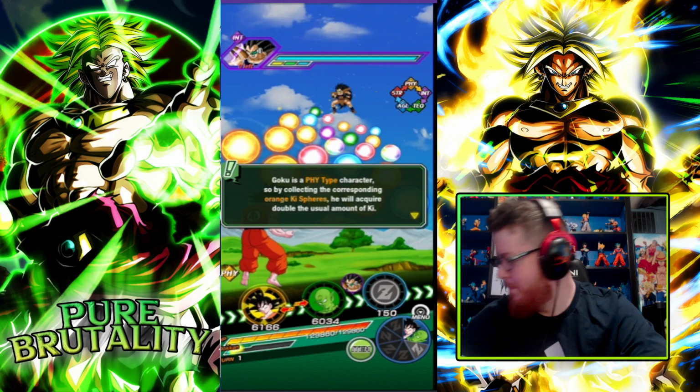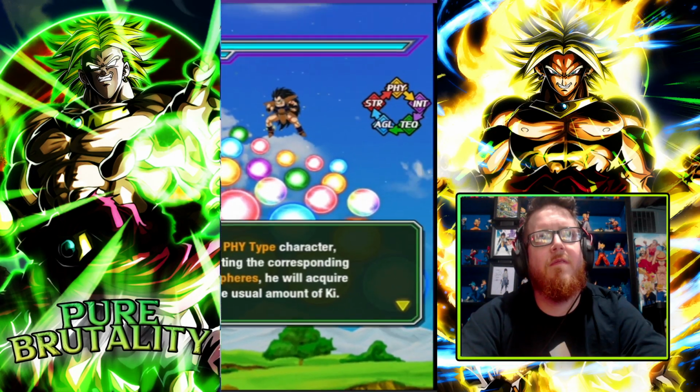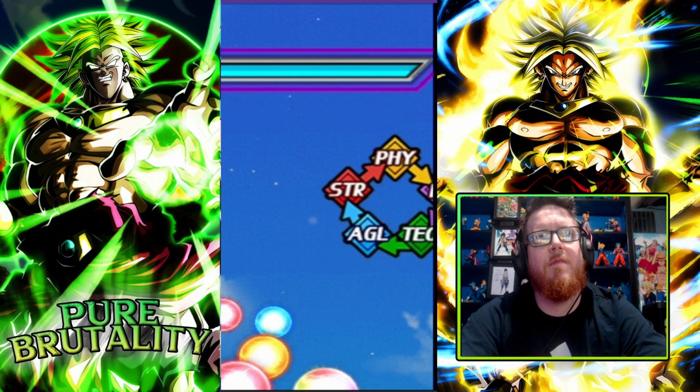Okay. So now we're going to talk about some typings. You can see Goku is a PHY type. What does PHY stand for? Well, if you really want the details, you can check on the little map here. PHY stands for physical, INT stands for intelligence, TEQ technique, AGL agility, and STR strength. So you can see that each spread is